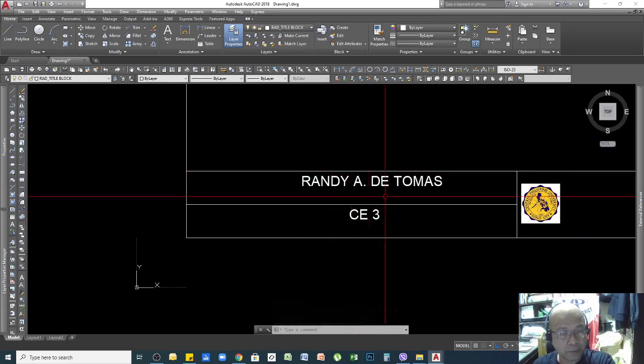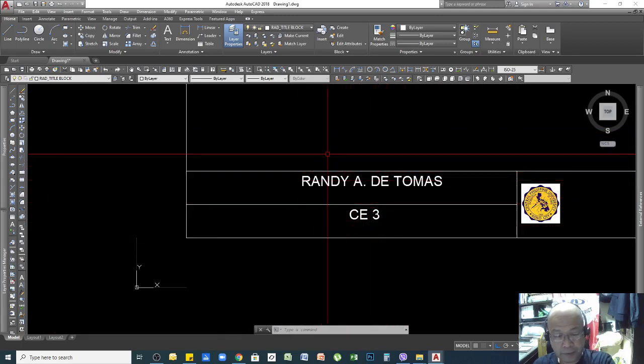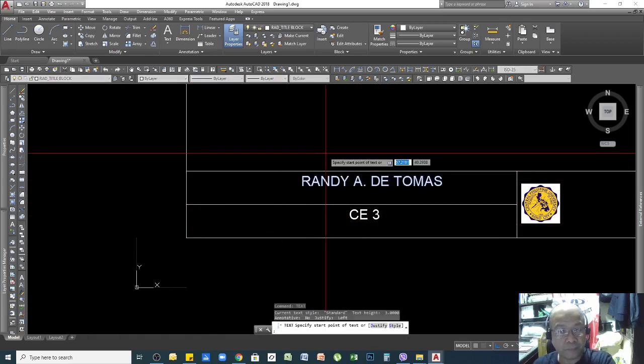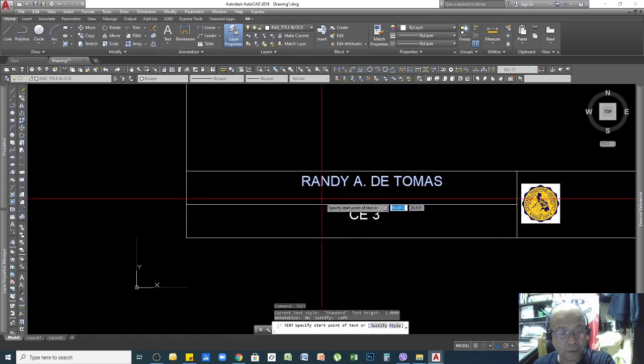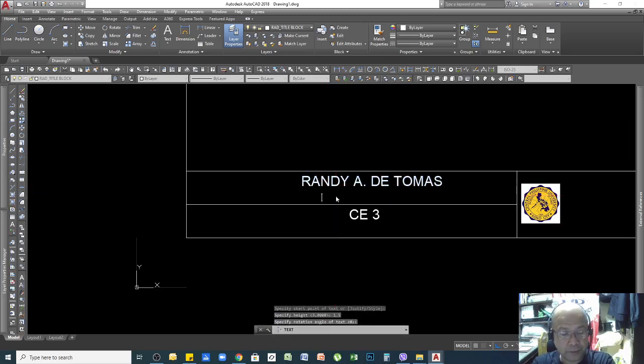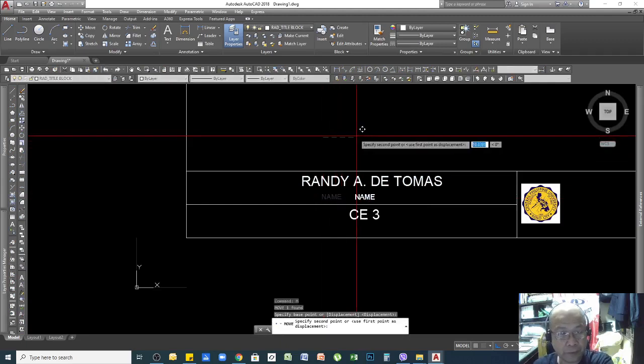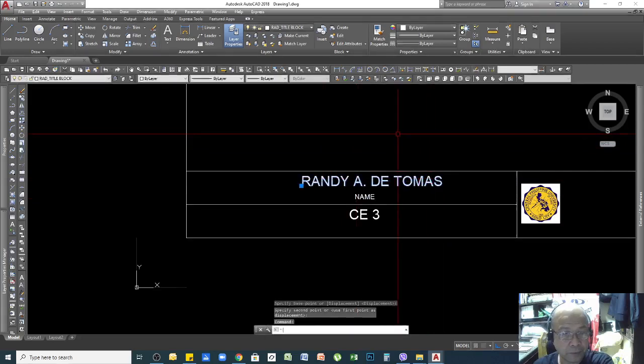So another one, I need to put the name of student here, and then course and year below. So all I need is again text, starting point I'll estimate somewhere around here, and for my height I will make it 1.5, a little bit smaller. Okay, rotation still 0, and then I will type the word. So name, then I will make it here somewhere in the middle. All right,